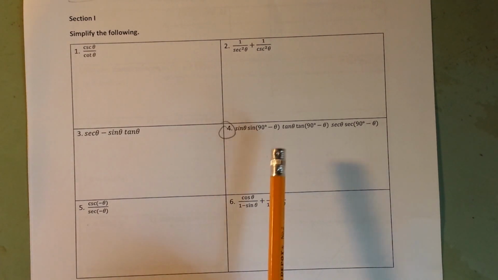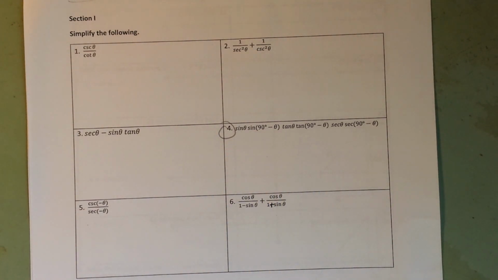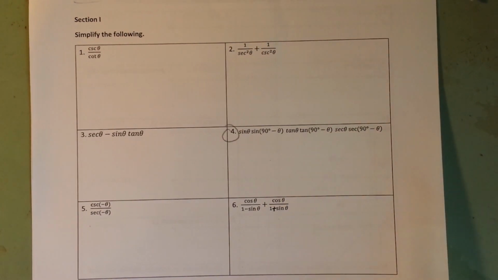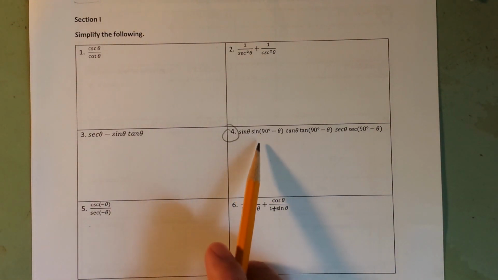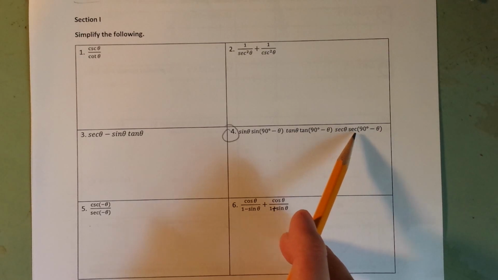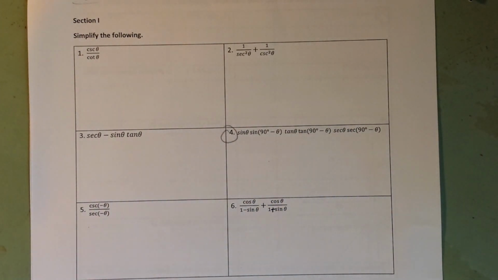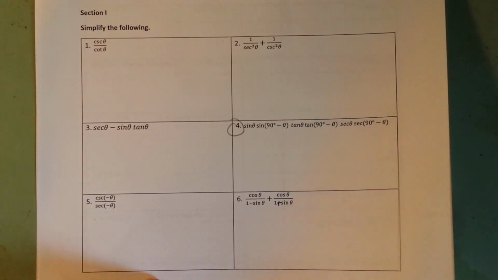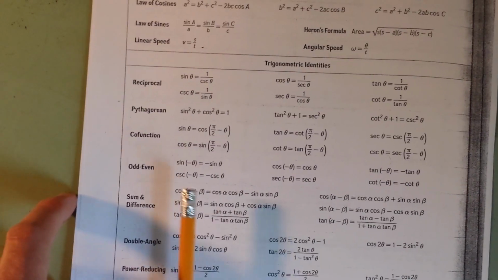Okay, so first I'm going to look at number 4. And so what you might notice here is the sine of 90 minus theta, tangent of 90 minus theta, secant of 90 minus theta. So those look a little bit out of place. What we would like to do is try and replace those with something. And so what we can look at back here,